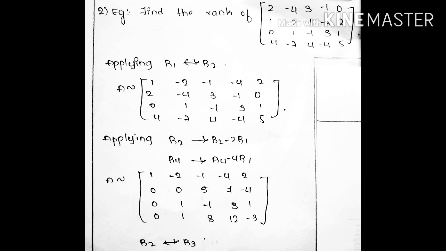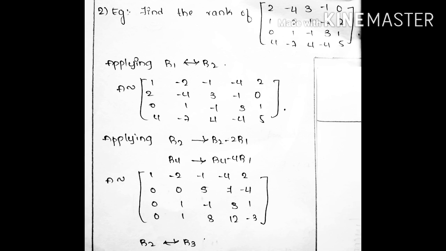Now when you apply R2, R4 row operations, here you get this matrix. In this matrix you have second row 2 zeros, third row 1 zero, fourth row 1 zero. So in the echelon form, what is the condition? Zeros are in increasing order before the first non-zero element. The first non-zero element in the first row, first element is 1, so it is non-zero. But zeros must be in increasing order. In this matrix they are not in increasing order, because in the second row I have 2 zeros and third and fourth row I have 1 zero.